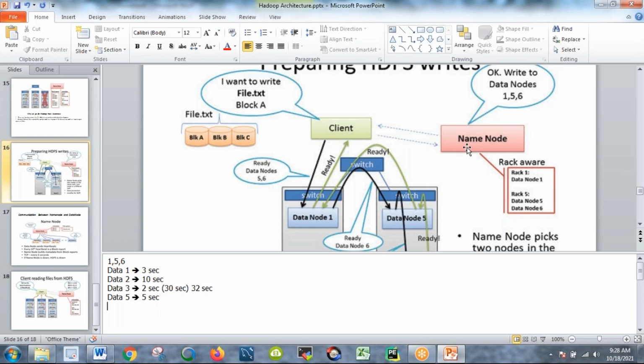Now coming to another scenario, let's suppose you have two data nodes and you have not created any replication. Then your data would be in either data node 1 or data node 2. But if you have thousands of data nodes, you cannot assure which data node will be selected. And at the client or user level, that is not actually any problem. Either you are accessing data node 8 or data node 10 or something, but the logical way